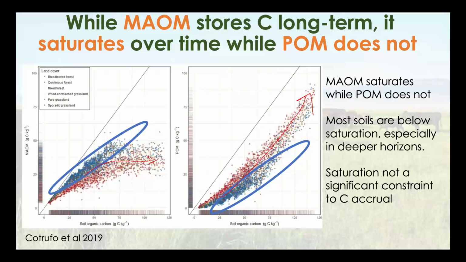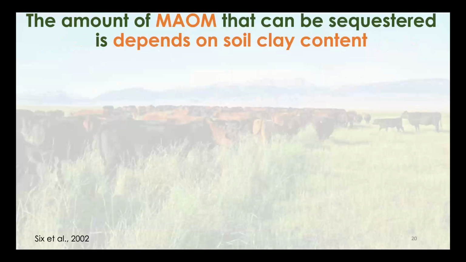And so carbon sequestration in grasslands, for example, that have a greater proportion of MOM, requires a lot more nitrogen to store carbon in these systems, just because more nitrogen is contained in the mineral-associated organic matter, and